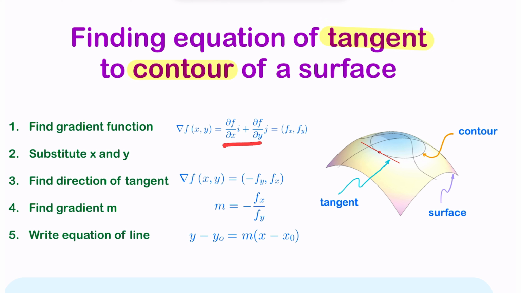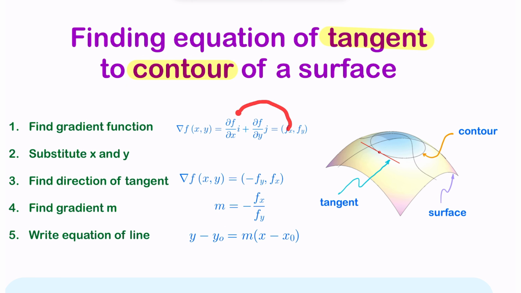You can write that as a vector, or you don't have to. You can just keep the partial derivatives. Then substitute the coordinates of x and y into those, so you end up with a numerical value for the direction of the tangent. That involves switching the positions of the x and the y, with the x being negative. Another way of saying that is you can write the gradient, or the slope, as negative fx over fy,